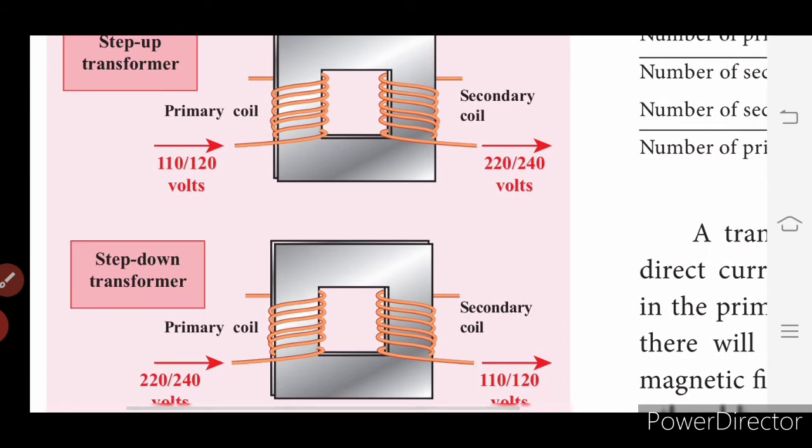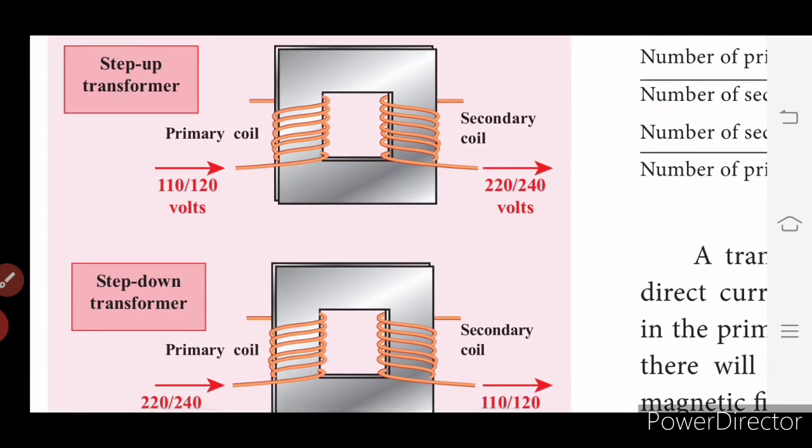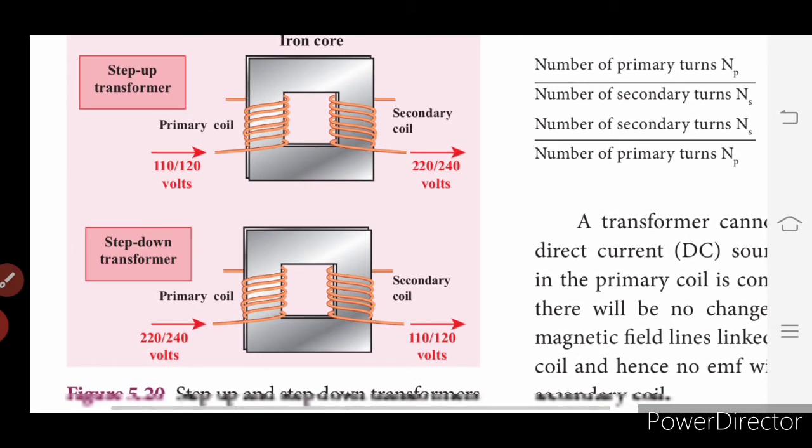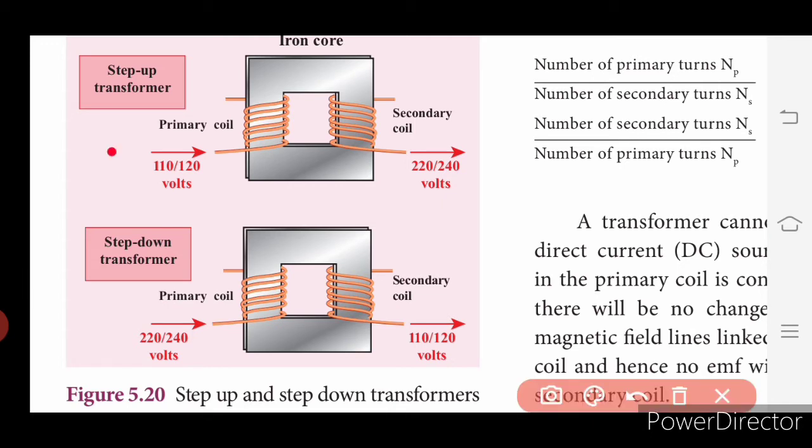Very important questions, children: motor, transformer, this step up and step down transformer, and electric generator. All three questions are very, very important. And the laws, Fleming's left hand rule, right hand rule, and Lenz's law, are also very, very important. So please go through all these questions and diagrams. You have to draw the diagrams and practice them well. Now we will see the step up transformer.